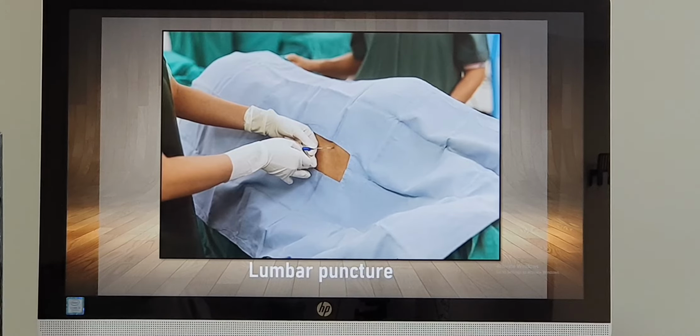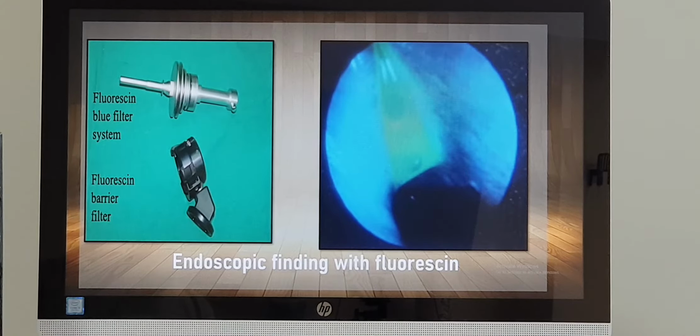So when you do an endoscopy in such a patient where intrathecal fluorescein has been injected, if there is a CSF leak, we can come to know the site of leak from the endoscopic finding. The CSF, which is usually white in color, looks greenish yellow. And to enhance the look, we can make use of blue filters with barrier filters too, so that we can see it properly. So with that we can find the site of leak, and when you start operating we can know how big the defect is also. So perioperatively, when we do this, we can know the site of leak, and after the surgery also, once it is over, we can have a look.